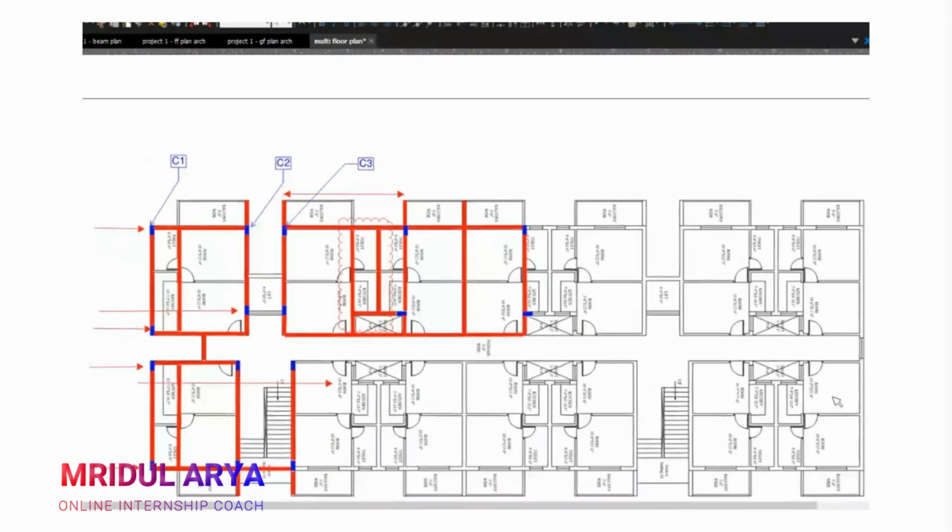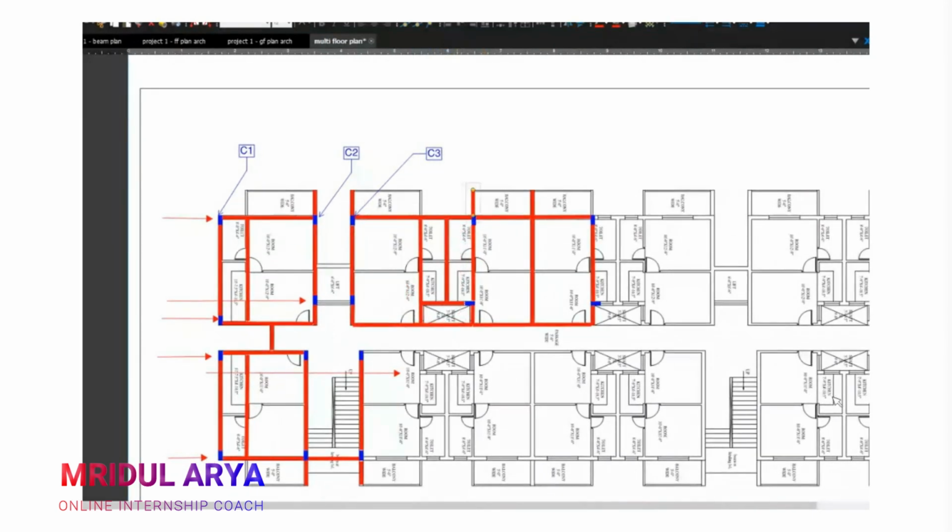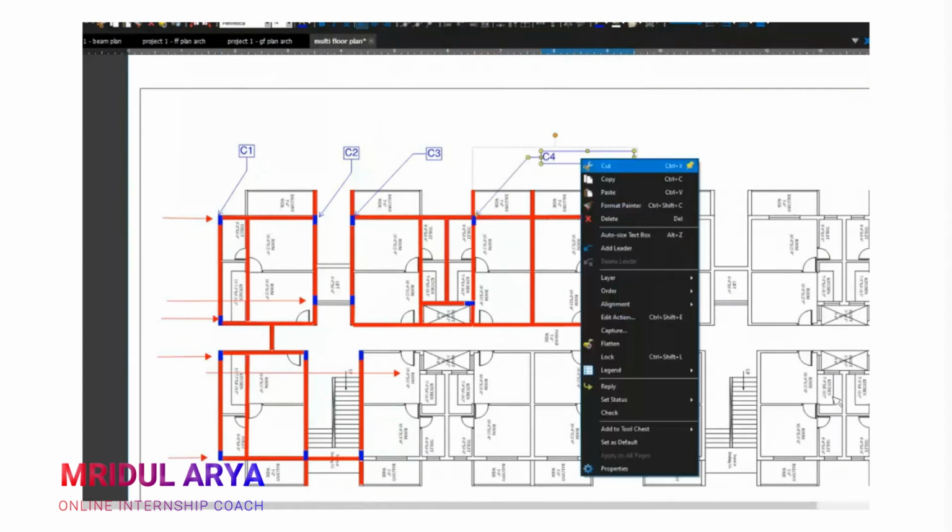Your naming should be such that the person who is reading your structural calculation finds it very easy to understand. The easier your calculation report is to understand, the better it will be. Your E4, like that, will move.